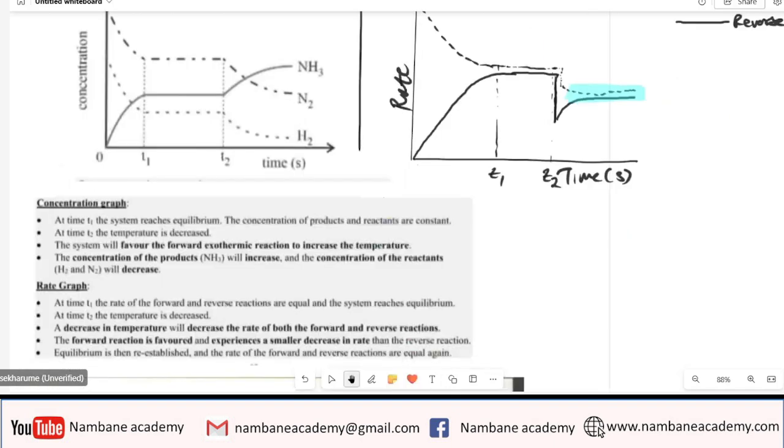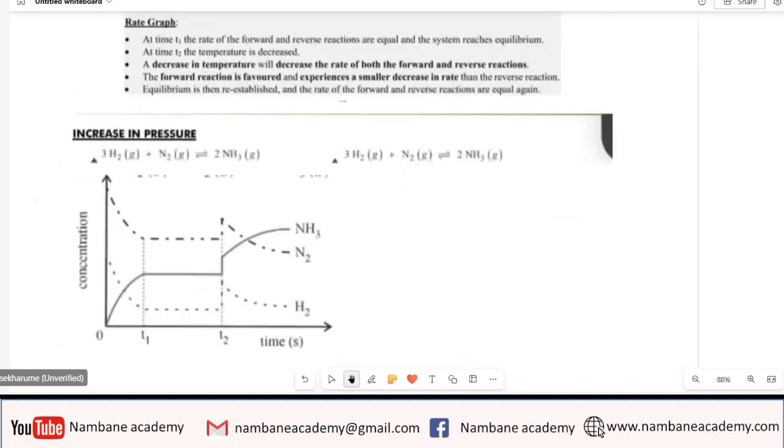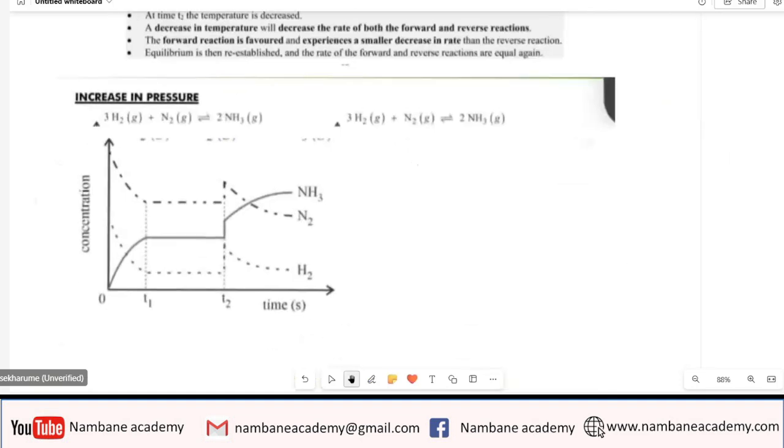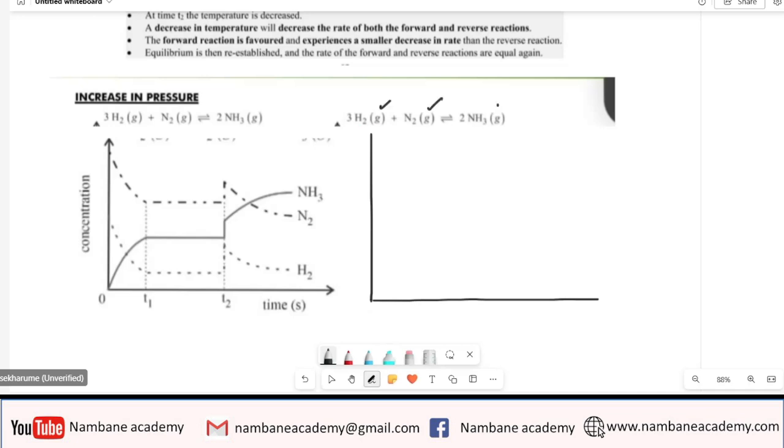Now what is the effect of pressure? So the pressure, increasing pressure. So now we want to draw the rate against pressure. Now we look at the gases. So this is a gas, and also a gas. All right. So the increase in pressure,